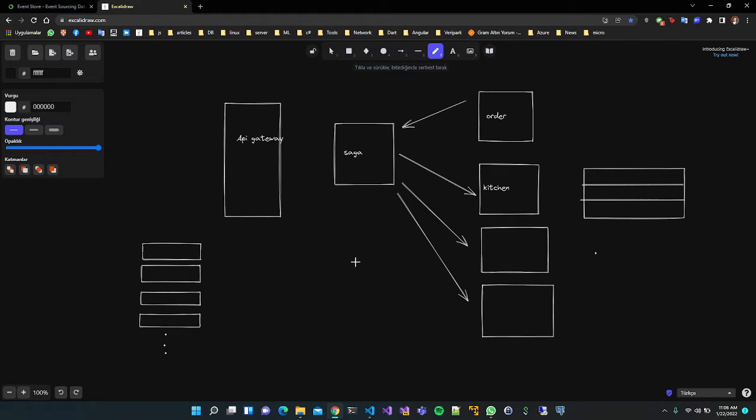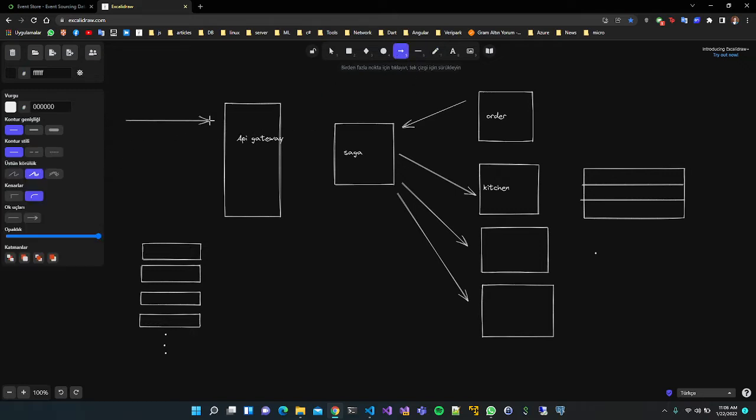You are applying the microservices pattern and you have several services like order, kitchen, account, etc. You receive orders from the customers through the API gateway, and the order request comes to the order service to create the order and create an ID for the order, and goes to the other services.